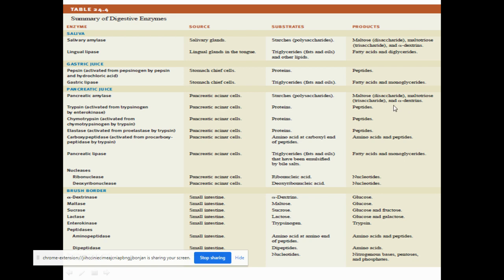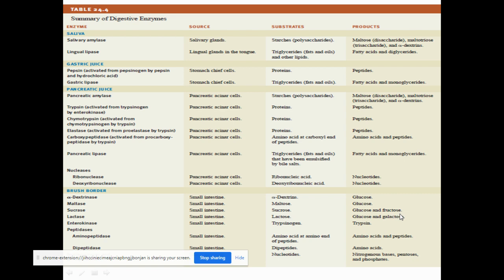Okay, so after the conversion, what happens? It goes down. There is the duodenal region. There is the Brunner's gland. The intestinal gland secretes brush border enzymes. So these are the enzymes called dextrinase, maltase, sucrase, lactase. These are the enzymes which will act upon the digested carbohydrates. So alpha dextrinase will act upon dextrins and convert them into glucose. Maltase will act upon maltose and convert them into two molecules of glucose. Lactase will act upon the lactose and convert them into